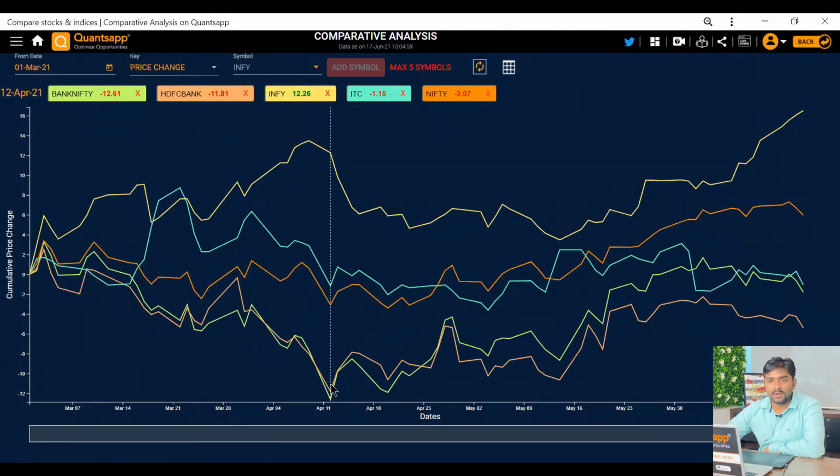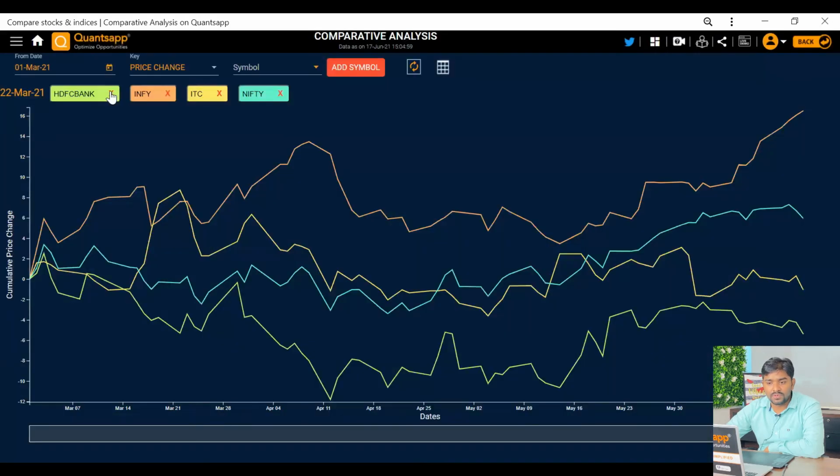So Infosys might be showing a kind of negative relation with these stocks, right? That's a totally different stock that is going an altogether different way, but these 4 or 5 stocks are all together, they are following the same kind of relationship. So that's how you can easily check it, right? So that is the first thing. We are talking in terms of price change as of now. You can add any stock that you want.